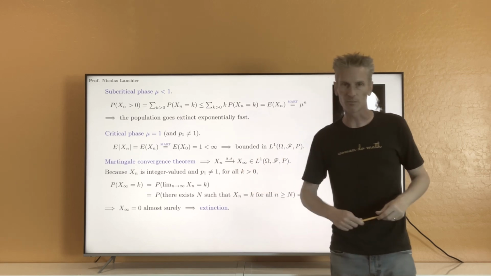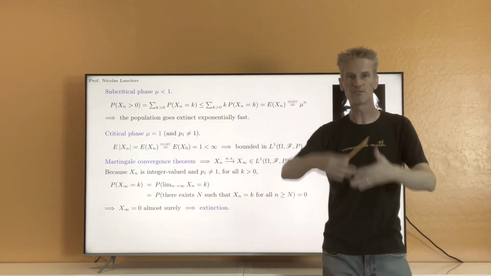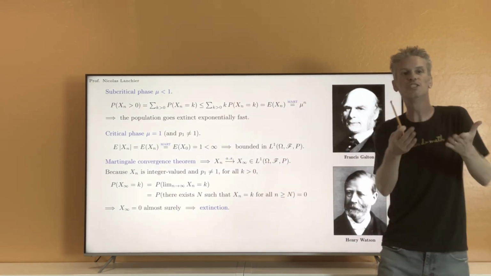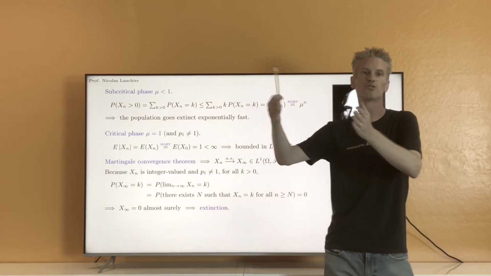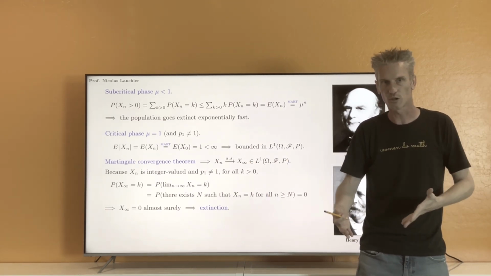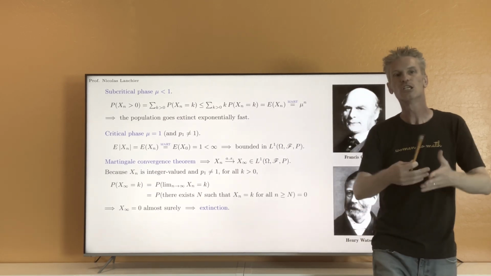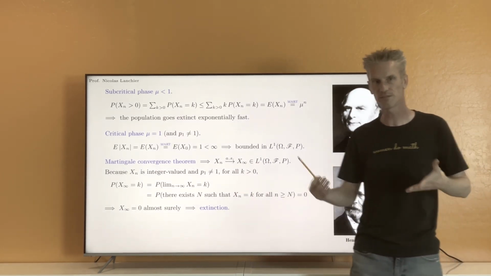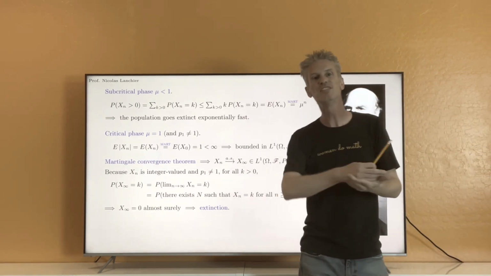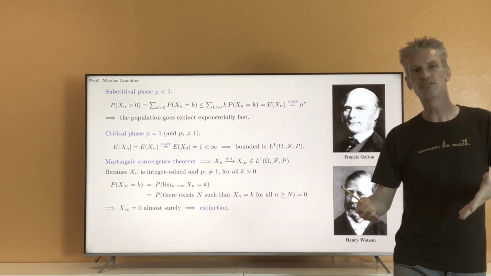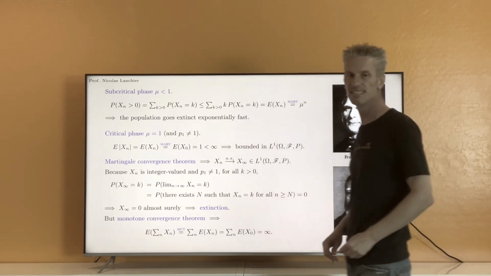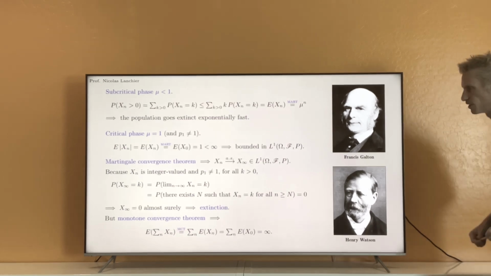And so in particular from that, you can deduce that the total number of individuals in your process, the cumulative number of individuals across time, which is basically X0 plus X1 plus X2 plus X3 and so on, should be finite, almost surely. You have extinction in a finite time, so the total number of individuals should be almost surely finite. Still, we can prove using the monotone convergence theorem that this total number of individuals is infinite on average. And the proof is simple, it just follows from a basic direct application of the monotone convergence theorem.